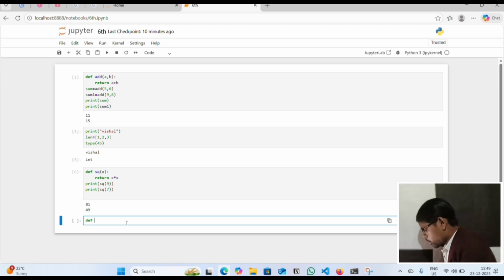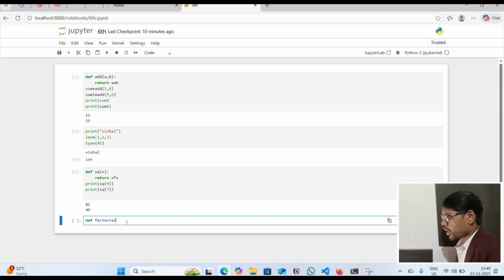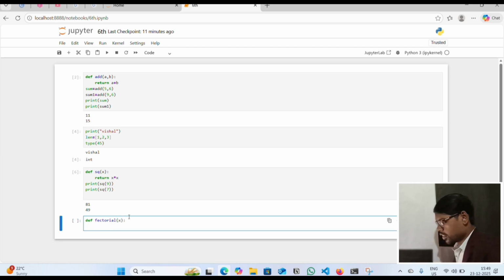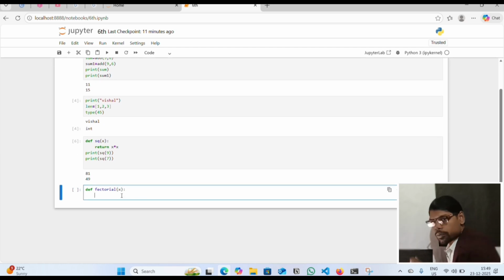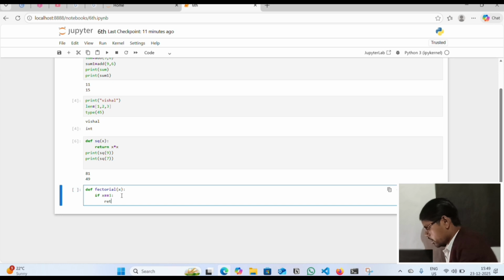I will calculate the factorial, so I will name it fact, and the parameter is x. Then a colon and write the body. If x is equal to 1, return 1.